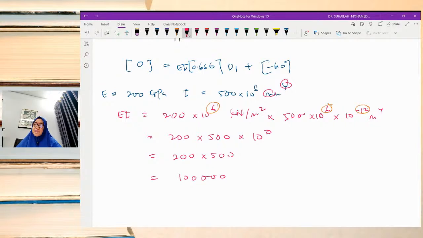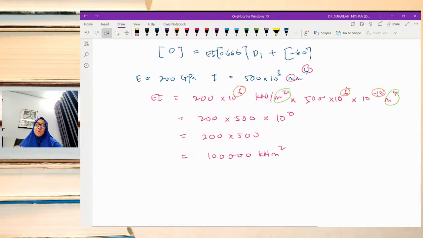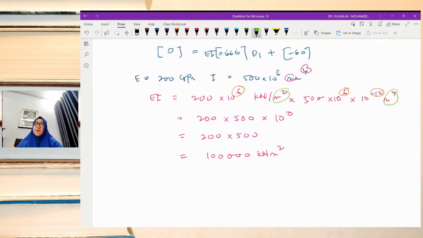Okay, so the unit is in kilonewton meter square, because this and this give us meter square. So that is the unit for EI. So when we substitute into this equation, the stiffness equation,